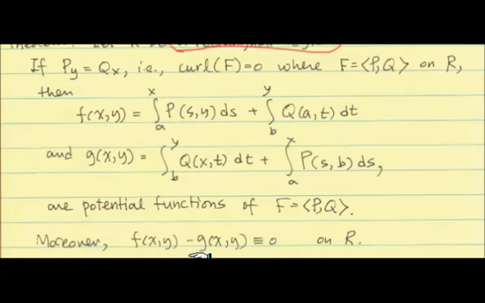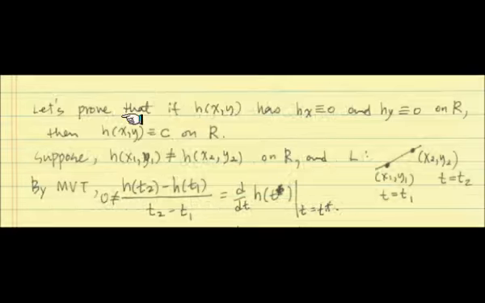But often, if we have the same partials, we can conclude that these are equal up to an additive constant, not necessarily zero. But in this case, a special case, it turns out they're exactly identical functions. Let's prove that part. The proof, in fact, uses the same technique as the one variable case.